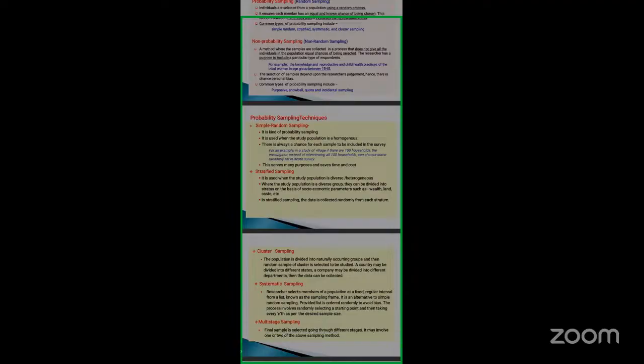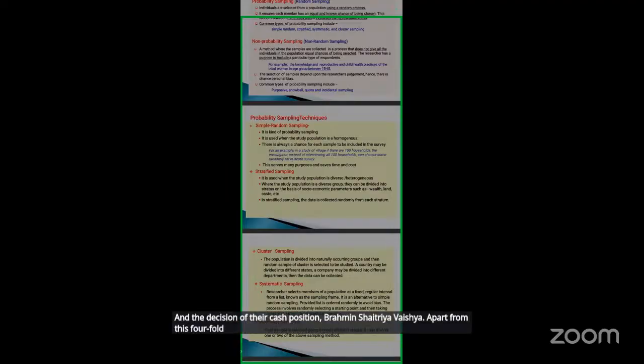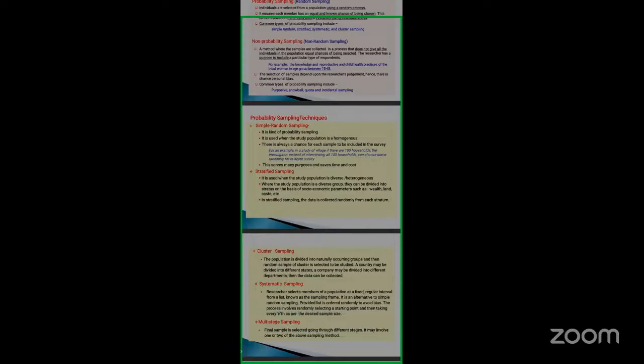Apart from this fourfold division, there are also groups which we call Harijan, Anusuchit Jati, and Janjati, which in constitutional English terms are scheduled caste and scheduled tribe. That means their